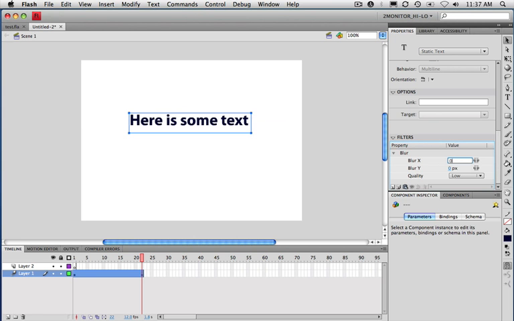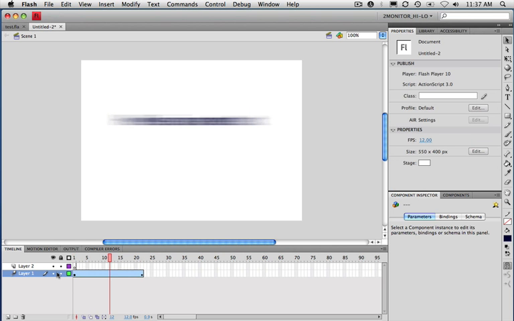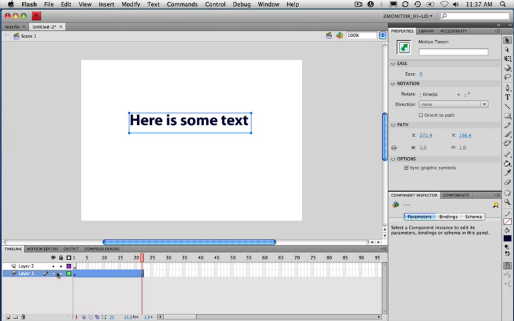So let's put this back to 0, and then let's see how this animates over time. So notice that we get this nice clarity. If I test this, I just press return, it tests out. Since I'm going 12 frames a second, this is essentially a 2-second blur. One great thing about Flash CS4 is I can just grab this, and if I want to test this to see, it was now 2 seconds, now it's going to be about a half second,